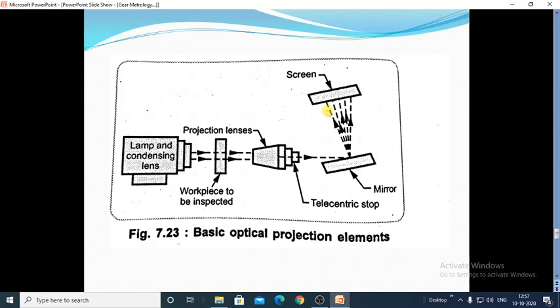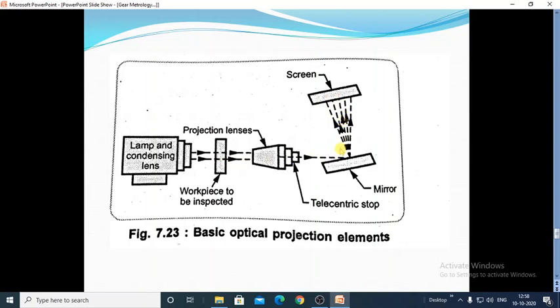In the light beam and projection system, the small profile image is magnified and the measurement can be done by comparison, where two-dimensional images are produced at the desired magnification by keeping the object in the plane. So here on the screen, by comparing the image,